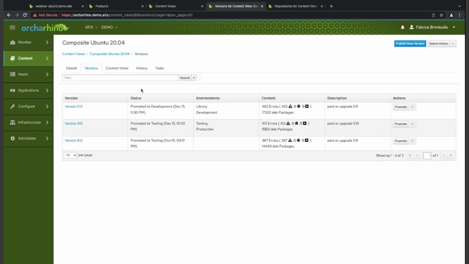And now we see here that we have different content view versions. So this is where the lifecycle jumps in. If we have a production server or testing server, it will be connected to version 9.0 of our content view. If we have a development server, it will be connected to the most recent version, in this case version 11. So, as I mentioned before, if I now say version 11 has been developed and is ready for testing,